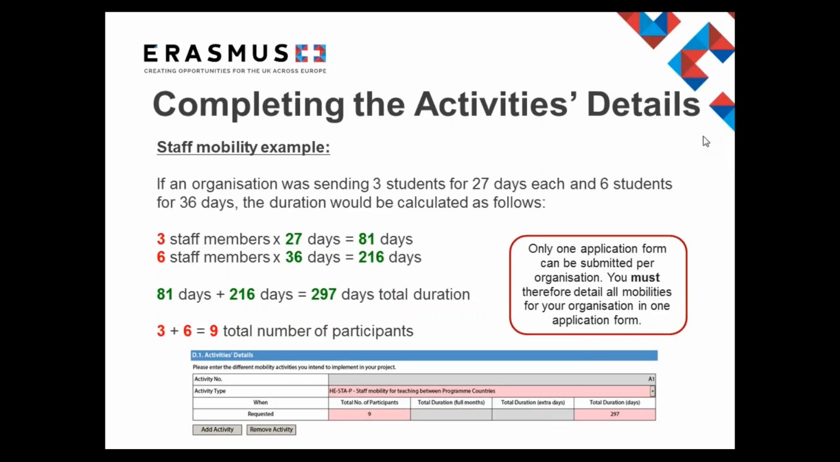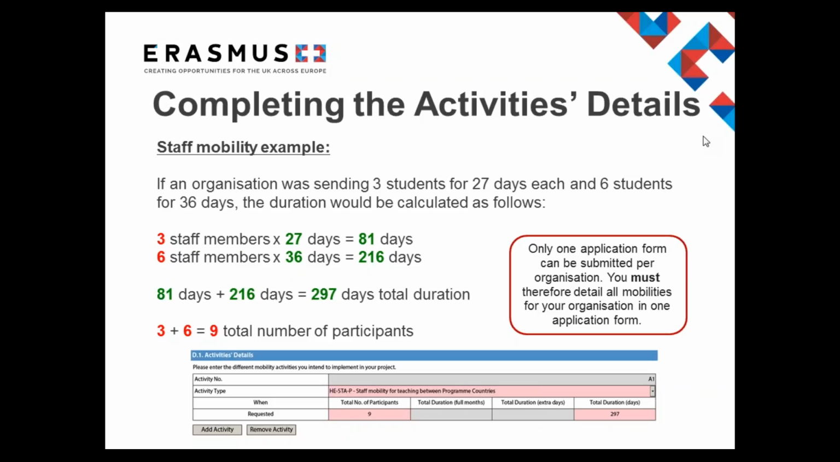Okay, next we will look at how to fill in the activities details for staff mobility. In this example, we have 3 staff members going on placement for 27 days each, and we also have 6 staff members going on placement for 36 days each. So in this case, you would